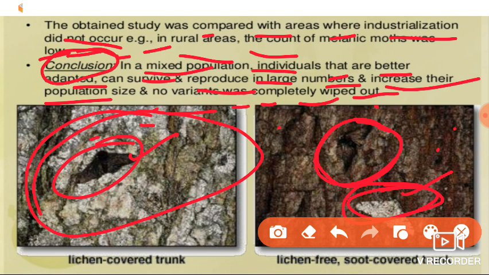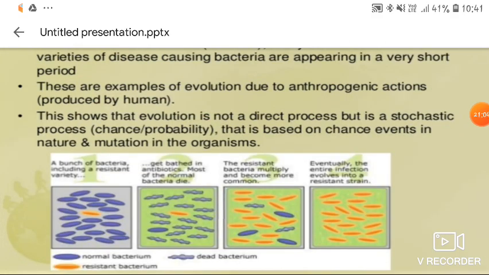Okay, this is industrial melanism. This is a very important concept from your theory examination point of view. Please remember this one. I hope all of you understood this concept. Okay, I will move to the next one, which is another proof for natural selection,